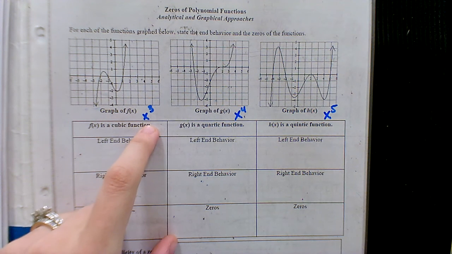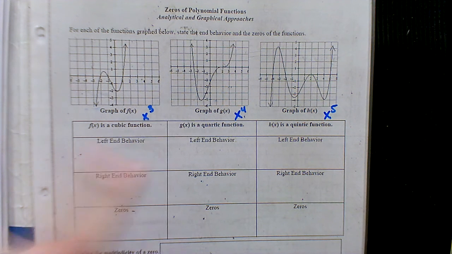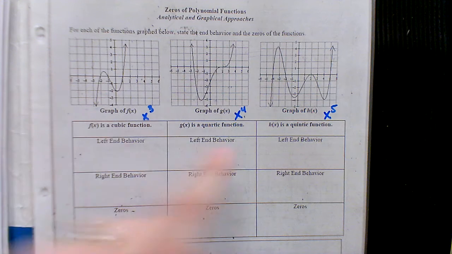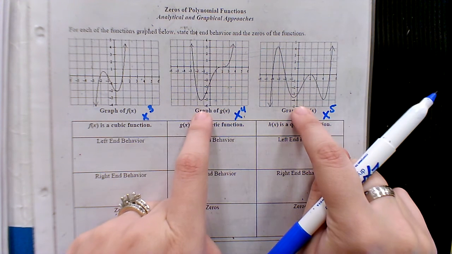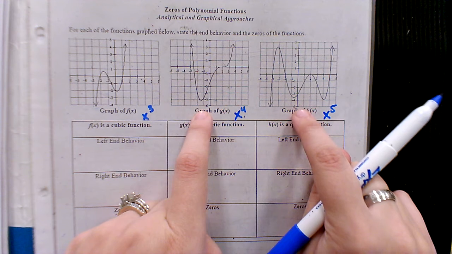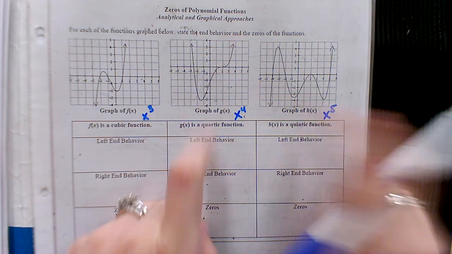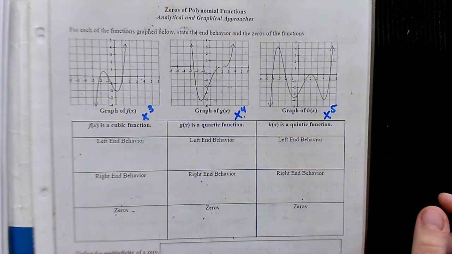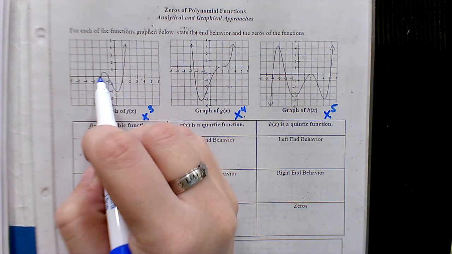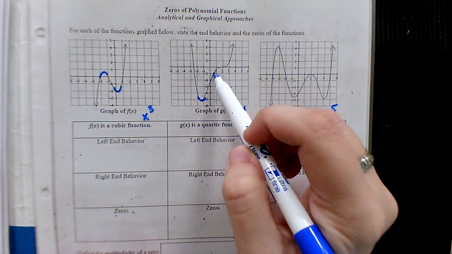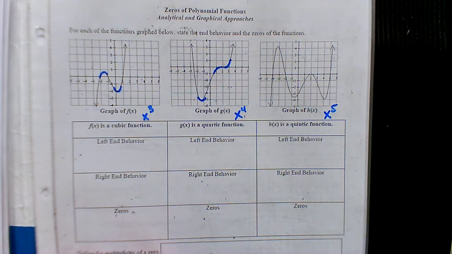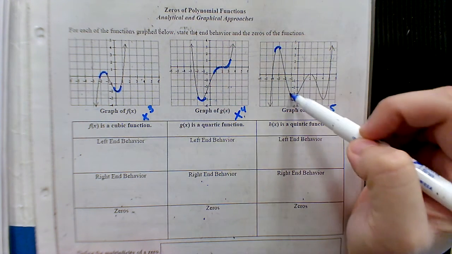We're already familiar with cubic equations, those kind of S-curve type shapes. But notice how when you get into higher powers or higher degrees, the curves kind of start to increase. You see how you get more of them? So a kind of neat way to determine, just looking at a graph, if it's cubic, quartic, or quintic, is to count the number of curves you have. Notice how in this one we have 2 curves. In this one we have 3. And in this one